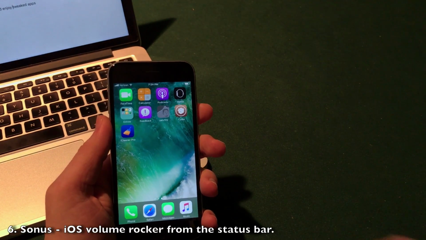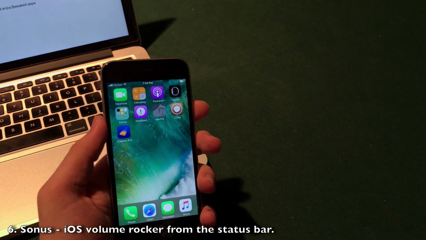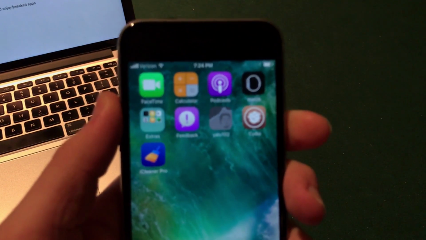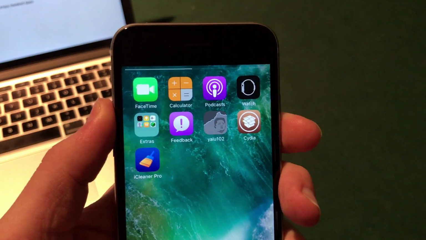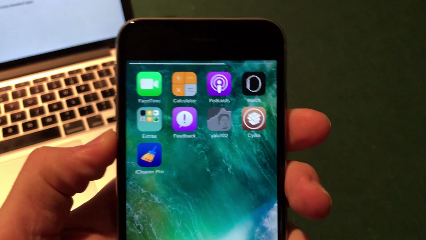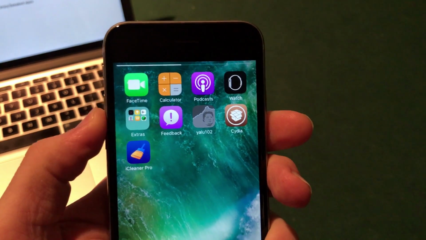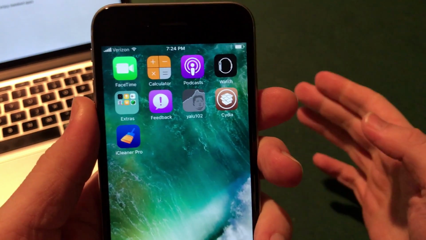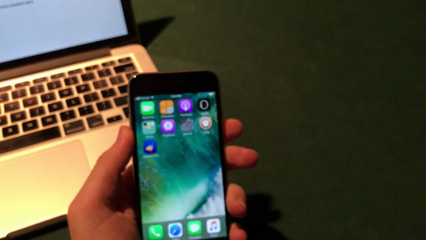Sonus essentially moves the volume rocker here in the middle up to the status bar when you actually go ahead and change volume. So to show you guys how this works, I'm going to focus the camera here on my iPhone, and I'm going to change the volume, and as you guys can see, it looks very clean here, super awesome, and I think this is how Apple should actually implement this moving into the future. It's really easy, totally free to download, and it makes your device look so clean,